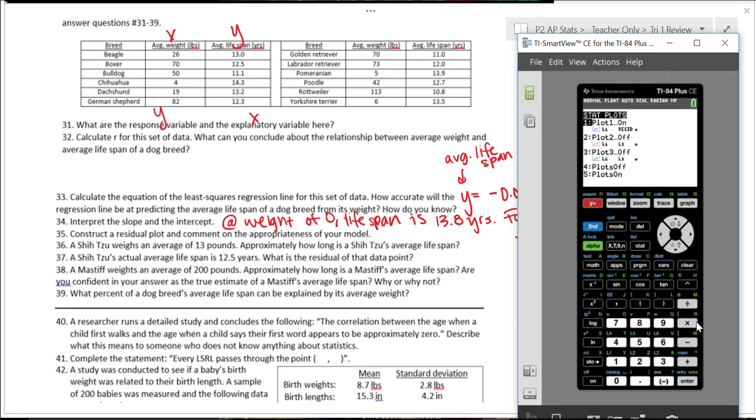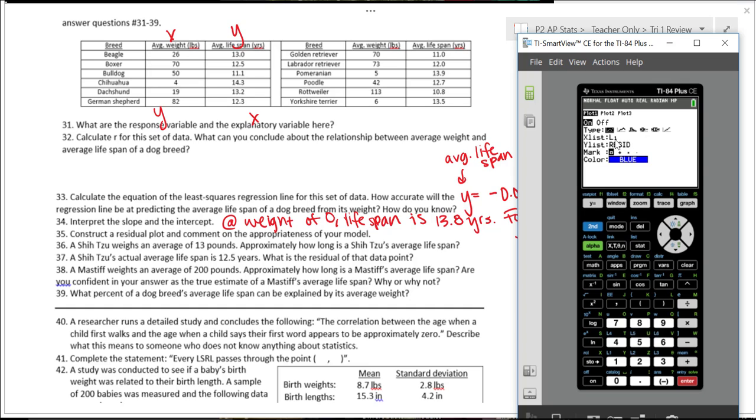What I'm going to do now is say that I want my Y list to be residuals instead of L2, because it automatically says L2 and you want it to say residuals. So how I get that is I go to 2nd Stat, because that gives me the list, and the list that you want is RESID. Here are all the names of the stats operations. All of our lists are L1, L2, L3, but we want the residuals to be that response variable,